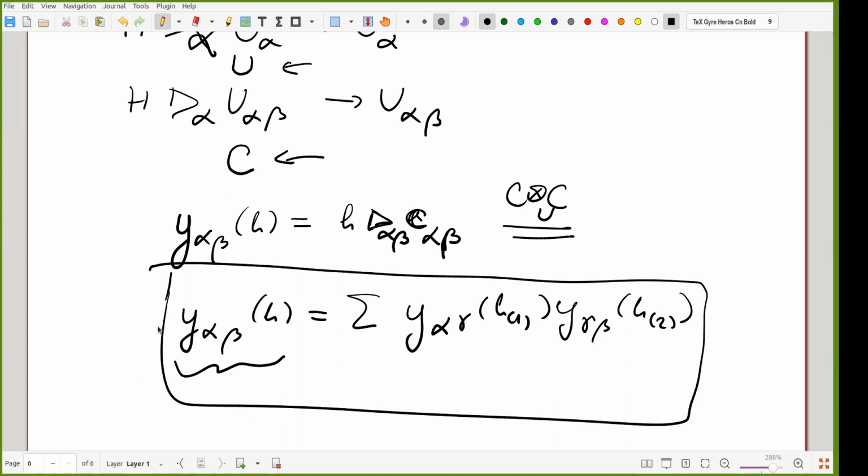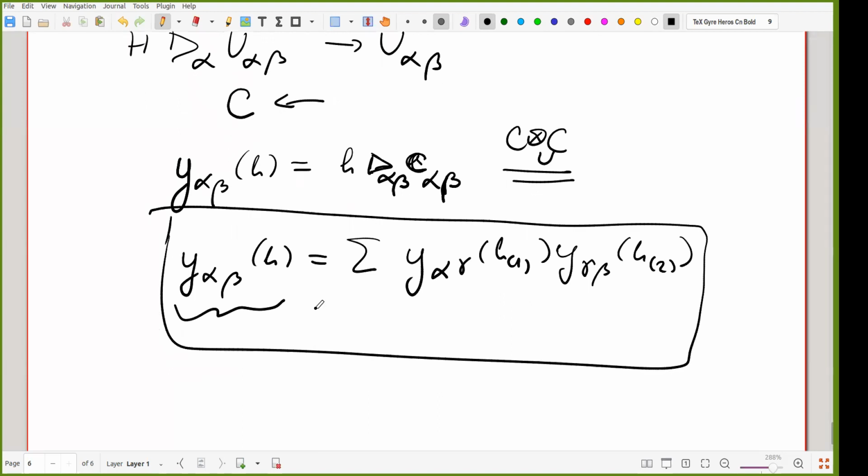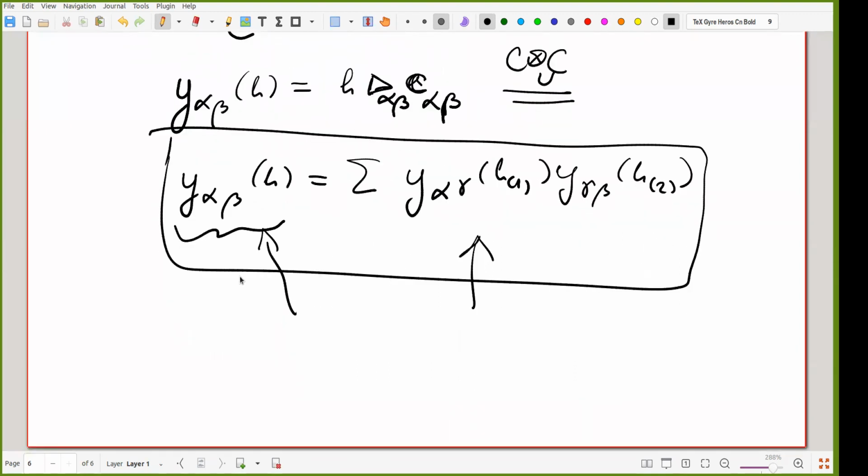Now, what is amazing is that this cocycle condition intertwines two different coactions. One is H goes to H1 tensor H2, that's the coaction of the Hopf algebra. And another is the coaction of the gluing data, which goes alpha beta goes to alpha gamma, gamma beta. That's basically the way you do the gluing comonad. Of course, I didn't need to put alpha beta. I could have written this in terms of a general coring, and then it makes sense for a general